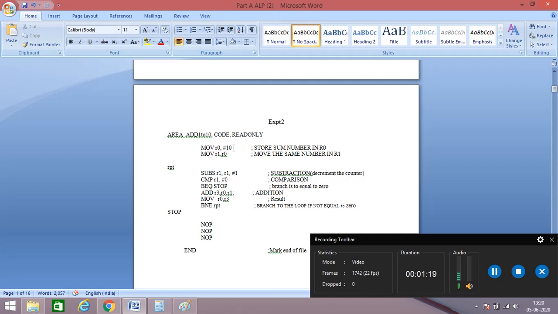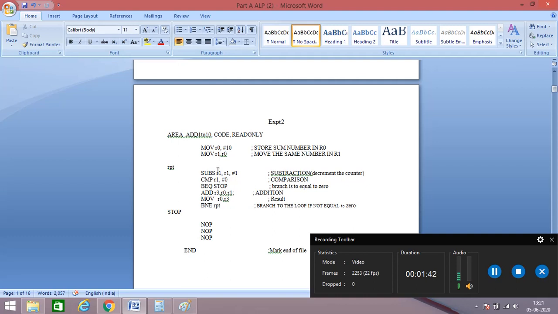If you want to calculate the sum of 15 numbers, you can write 15 here. When we move r0 into r1, r1 will be 10. So r1, in this example, will act as the count register.